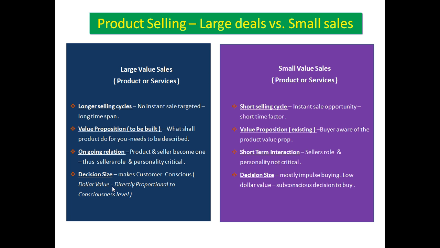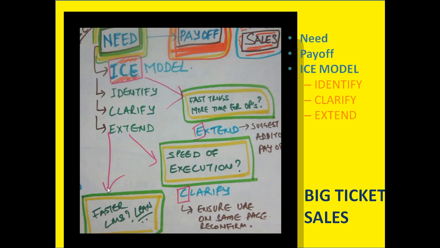Now, in one case I'm trying to sell you a needle, in the other I'm trying to sell you an ERP. Can I expect you to take the same time to make a decision? Obviously not. Even though you might be the most informed client in the world, you would definitely want to take some time, because such things are big ticket decisions, and you wouldn't want to do it in a hurry. Okay. Having said this, let's look at the SPIN model a little more closely.